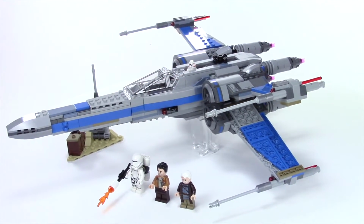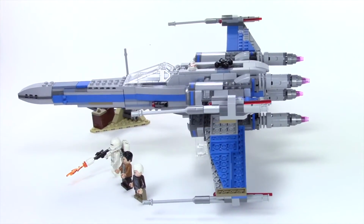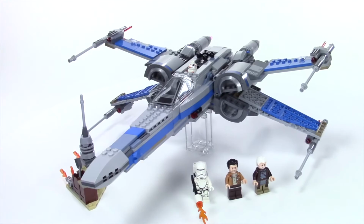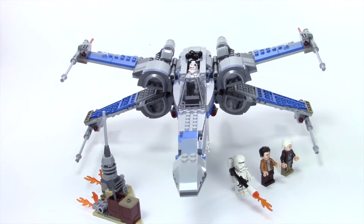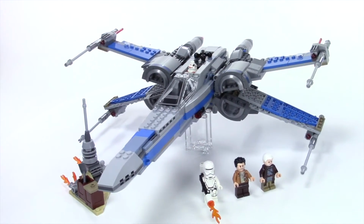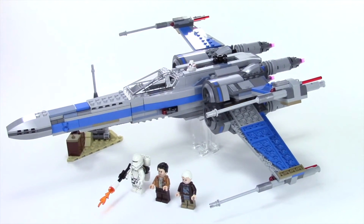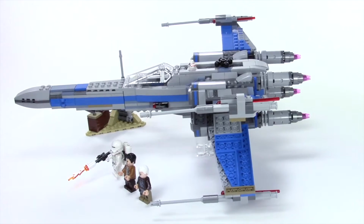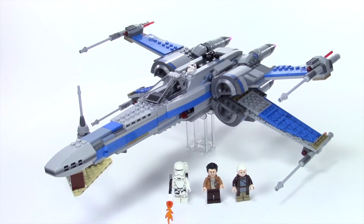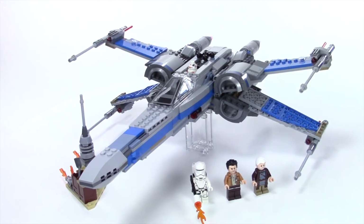I'm actually impressed that LEGO released this set, and I think it's great that we have 2 X-Wing sets within a year. I know a lot of people saw the black and orange one, a lot of people love that one, but they saw the movie or saw the trailers and wanted the blue and gray one. So I think it was really cool on LEGO's part that they actually gave us both. Maybe one little knock against it would be that the build is 98% exactly the same. They did make a little effort to change it up with the change in the engine compartment, but I think their creative use of the sand blue and the dark tan and just breaking up the colors